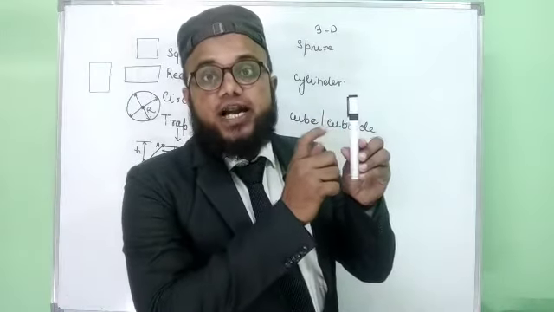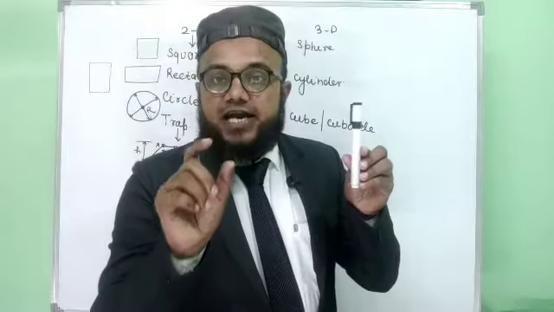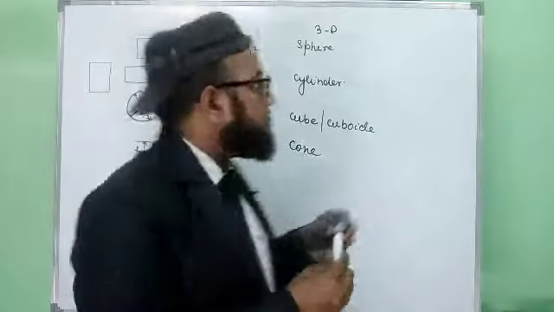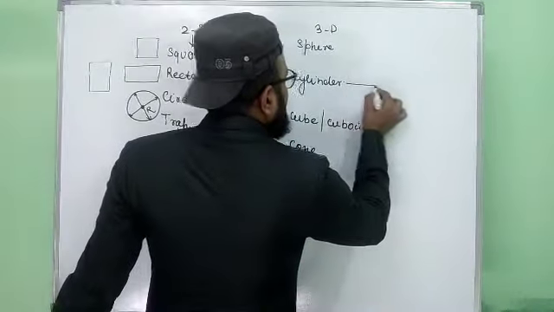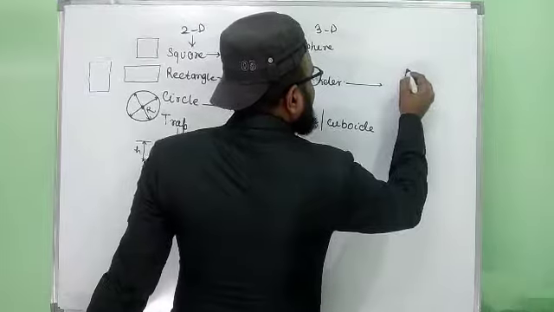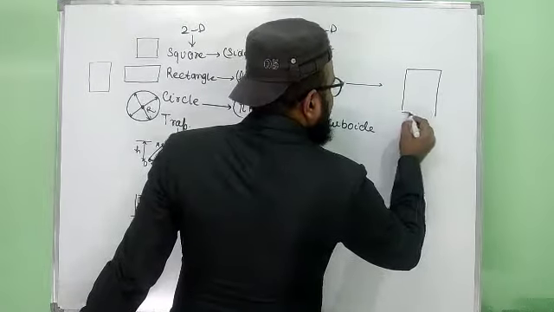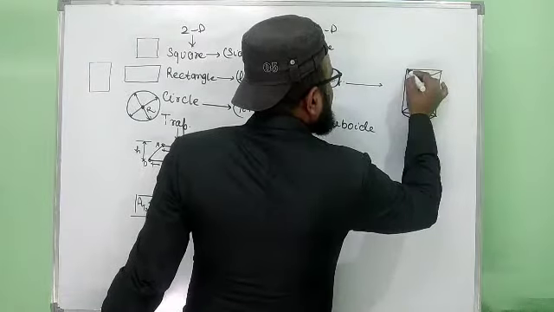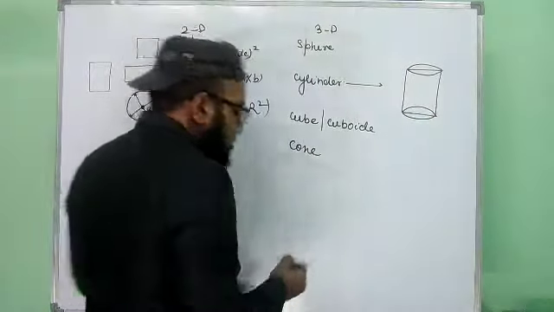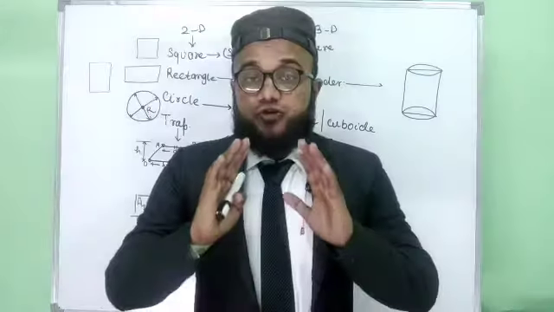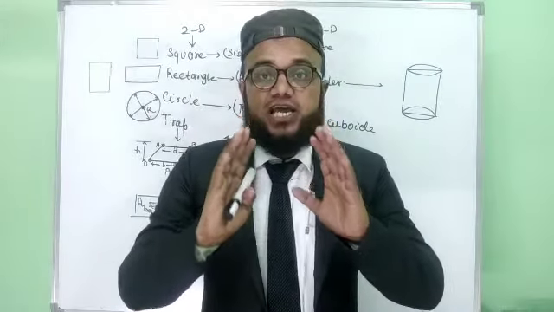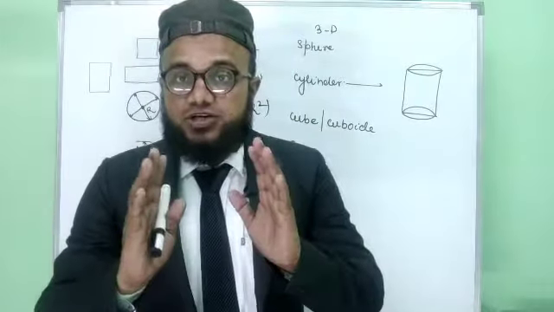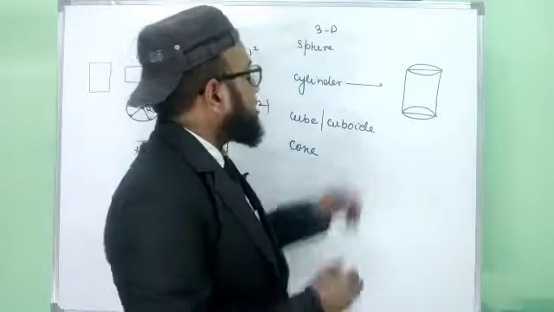This area is called the curved surface area of the cylinder, which is given by 2 pi r h, where h is the height. Here we draw a rough diagram of the cylinder, taking an example like this, and both ends are circles. When the question asks how to find the base area, we have to be very careful when finding the area of a three-dimensional figure. It may be asking about the curved surface area.